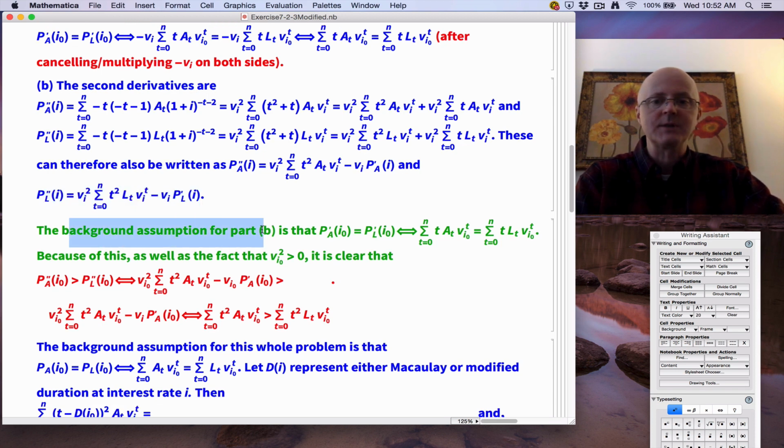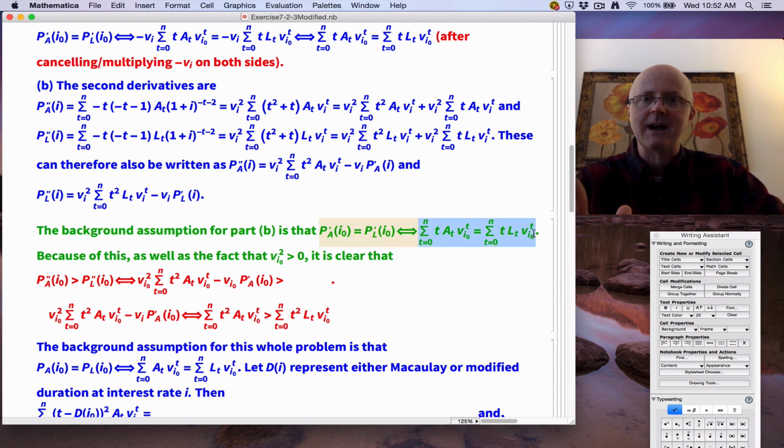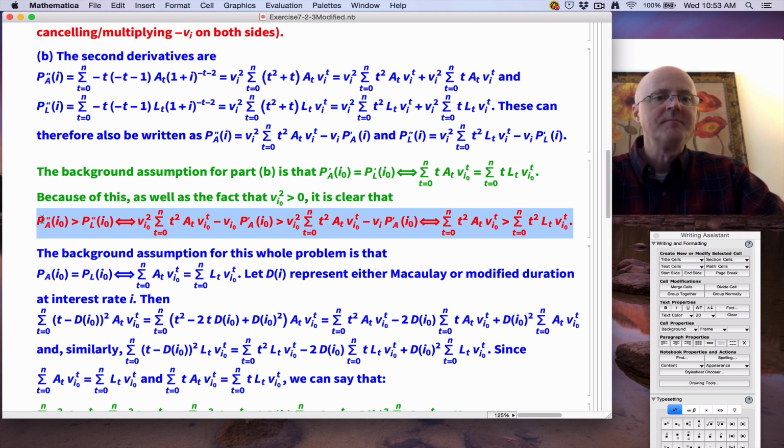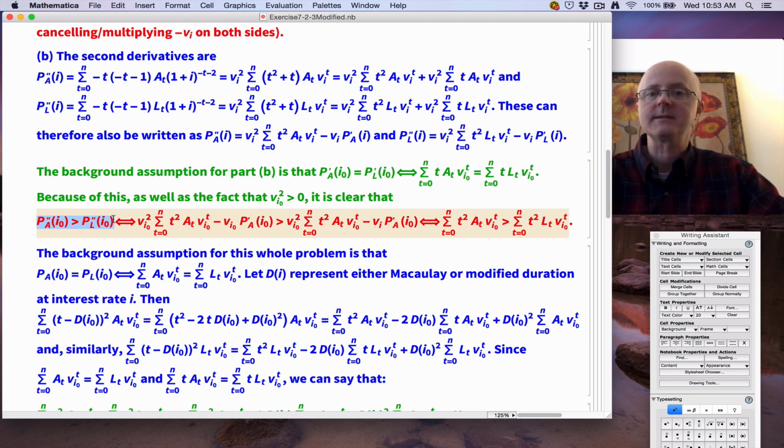So again, the background assumption is the derivatives are equal, so those summations that you see here are equal. Notice, for emphasis, i is equal to i0 with these summations here. We are assuming we've got a specific value of i. And again, v^i is non-zero, so v^i squared is positive. And you get these equivalencies right here. Let me widen this now so it's easier to see. You get these equivalencies. If the second derivative of the asset present value function is greater than the second derivative of the liability present value function at i equals i0, that by these formulas here and here is equivalent to